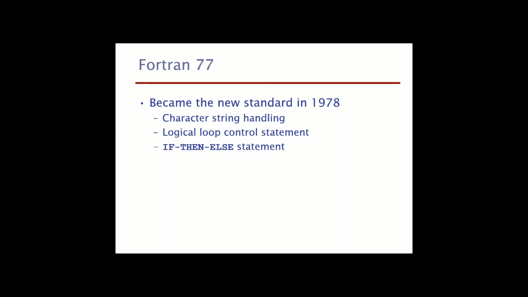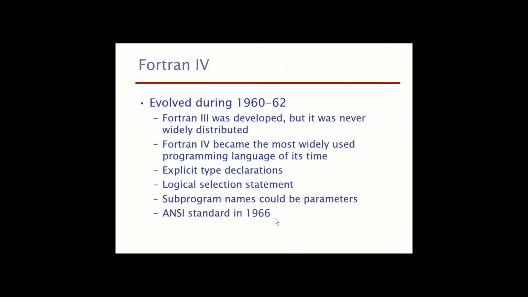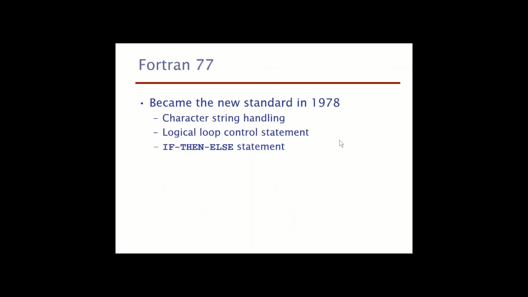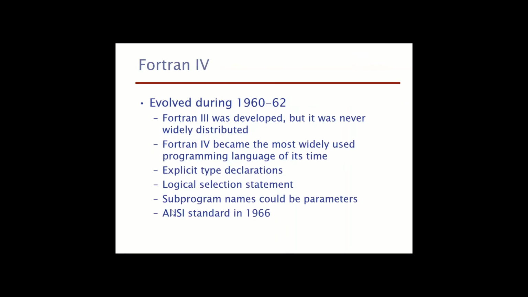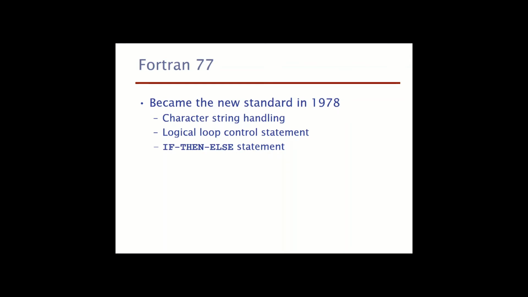This is, you can say, the first step toward the final versions that we have today. It became the standard in 78, okay? Again, like the standard that we used here, this is another standard around 10 years later, a decade or more later. A few improvements, like the character string handling. Fortran 77 became popular as a standard and solved different issues, but this was not the final improvement in Fortran itself as a language.